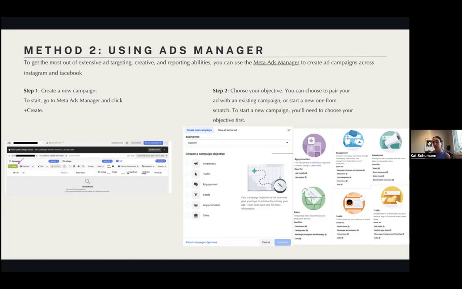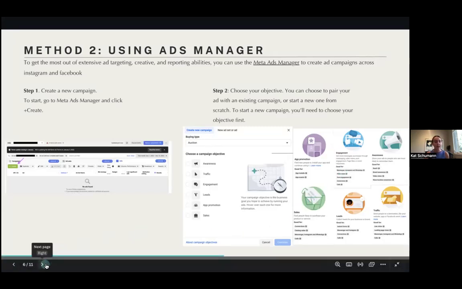You can create a pixel within Shopify to track things. Sales would not work for something like real estate because they can't click buy on your website and purchase the sale. And then